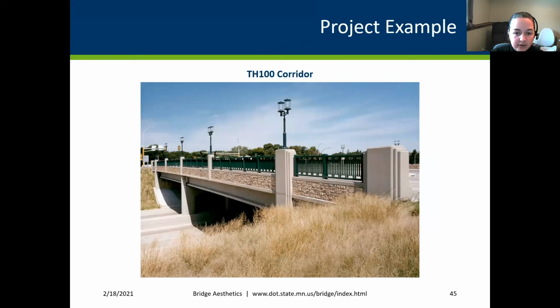So this was Highway 100. This was the first highway in the state of Minnesota. So when we came through and redid this, they really tried to keep some of those historic feelings: a more historic light structure, the railings, the colors, the textures, all of that really fit into what was happening at the time. If you're familiar with this corridor, you'll know people used to travel here.